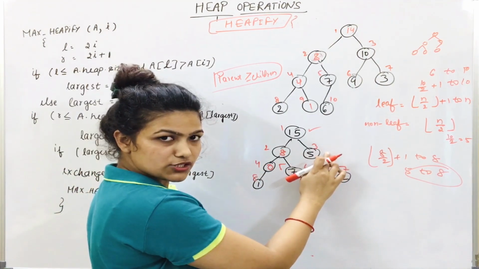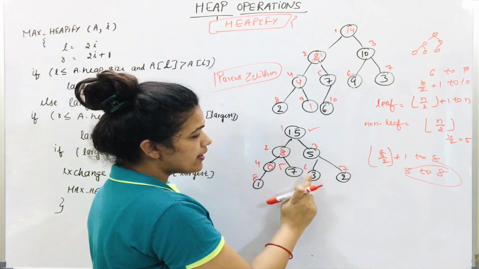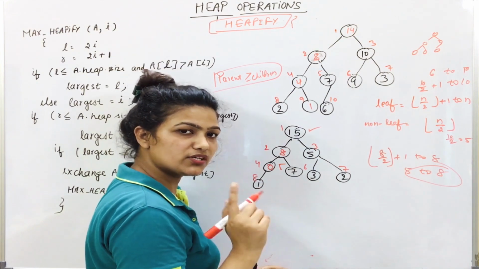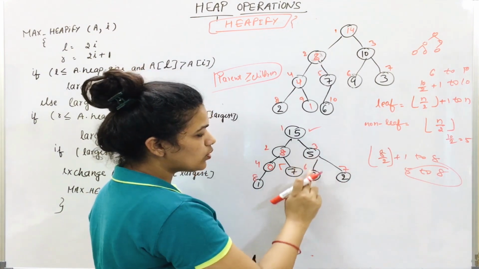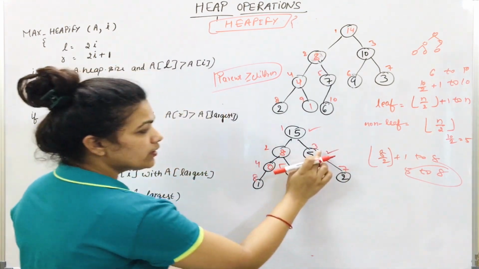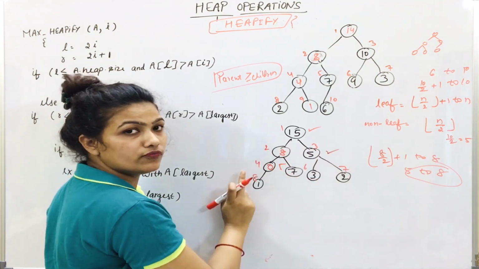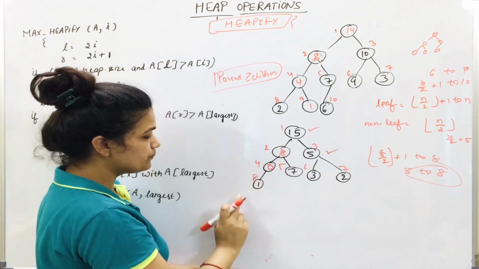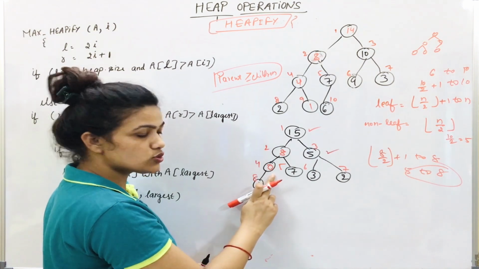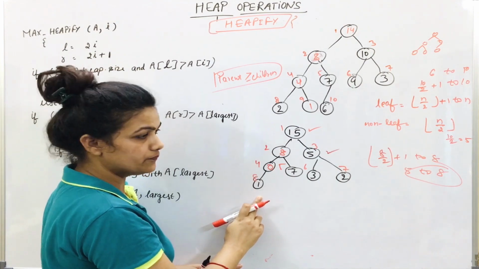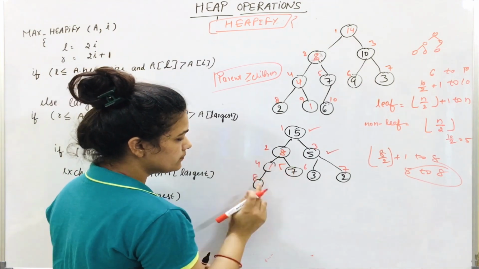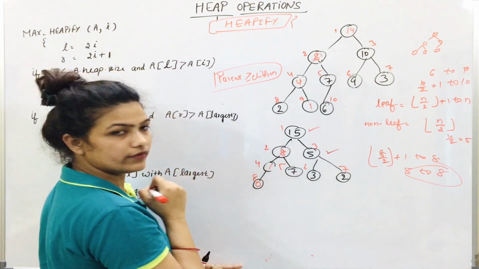Now we will go to next index position. This one is 5. Parent is 5 and children is 3 and 2. This is already satisfying the property of max heap, that is parent should be greater than its children. 5 is already greater than its children. So this is okay. We don't have any need to swap and all this. Okay. This is third index position. We will move to fourth index position. This is fourth index position. Parent is 0 and child is 1. Means this is not satisfying the max heap property. In max heap, parent should be greater than children. So we will simply, children will go there and parent will move there.